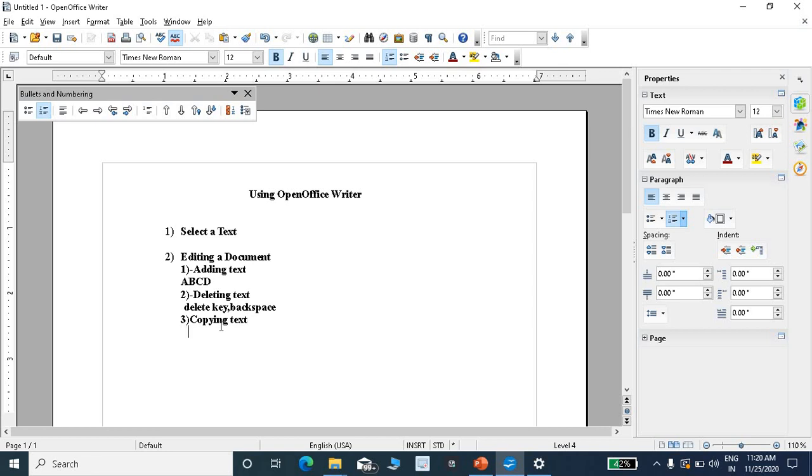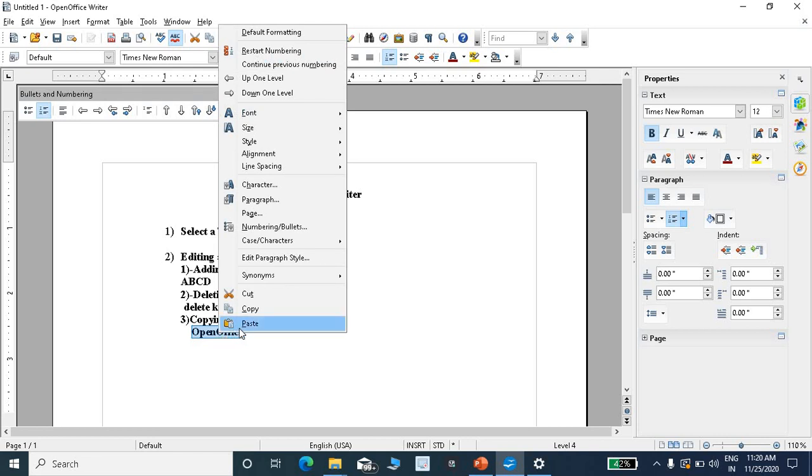For example, OpenOffice. I have to copy this OpenOffice text. First of all, by using mouse, you have to select the particular text. Then right click. See, there are options cut, copy and paste. So you have to copy. Then use the copy option. Click on copy